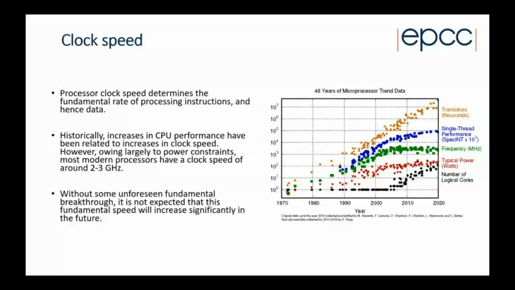So you've probably all seen this plot a lot before, but it's a very, very important plot, and it's even more important when we come to think about why GPUs have become a predominant piece of hardware, especially in HPC over the last 5 to 10 years. So processor clock speed determines the fundamental rate of processing instructions, and then that therefore limits the rate we can process data. Historically, CPU performance has been related to increases in clock speed, and you saw this right up to about the 2000s,